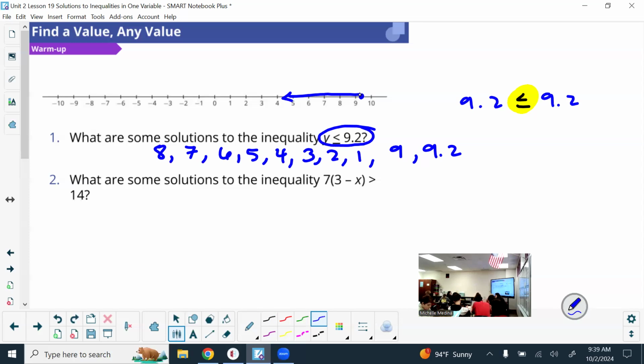So hopefully that was easy. If not, you need to know that inequalities have a range of solutions. So like my solutions are all the numbers you said, all the decimals in between, and all the negatives up to like negative infinity. There's an infinite amount of solutions usually for inequalities. If there's a real world part to it, then maybe not all the negatives, but reasonably there's a range of answers versus an equation where there's just one. So that's like the new part of this unit that we are looking